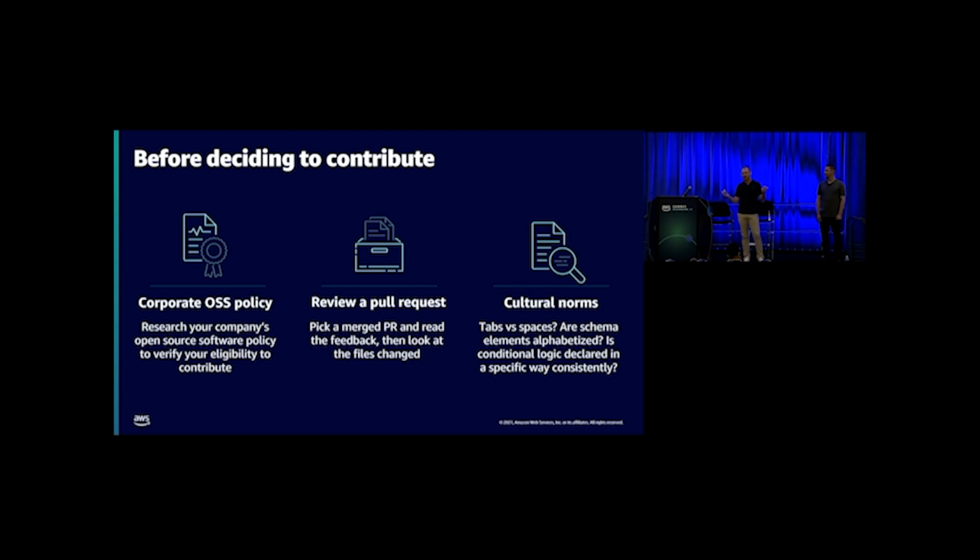I also started looking for the cultural norms in the code. So tabs versus spaces. Hint, it's both, depending on where you are in the code, but it actually makes sense. So concatenated strings use spaces internally. In the Go provider, the Golang code is all tabs. What about conditional logic? Is that done consistently? Error handling, is that done consistently? Yes, yes, and yes. And so I just dove through to understand how do people write the code, what's consistent, and understand those patterns a little bit before I decided to take this on.